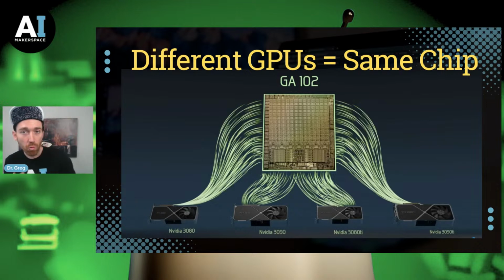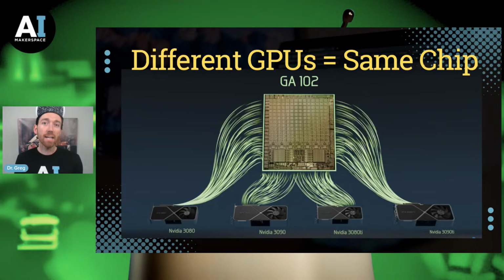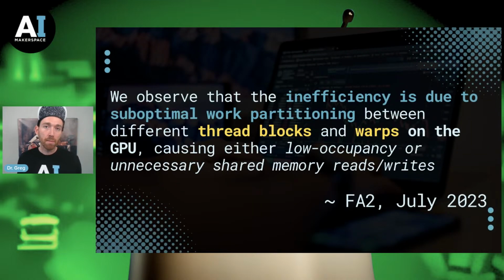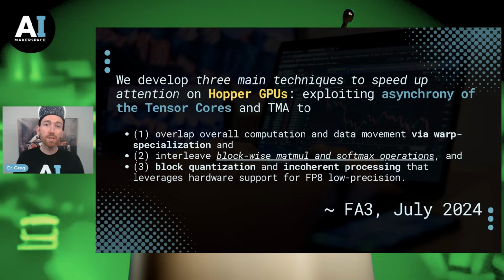So if we want to optimize exactly how we're doing inference at a true hardware-software intersection, we need to worry about things like thread blocks and warps. But if we take it even further, check it out. This is from July 2023, FA2. July 2024, FA3. What we see is that, actually, it's not just thread blocks and warps. We need to think about GPU-specific architectures. So let's think of the Hopper GPUs. These are the H100s, H200s, H800s you may have heard of.